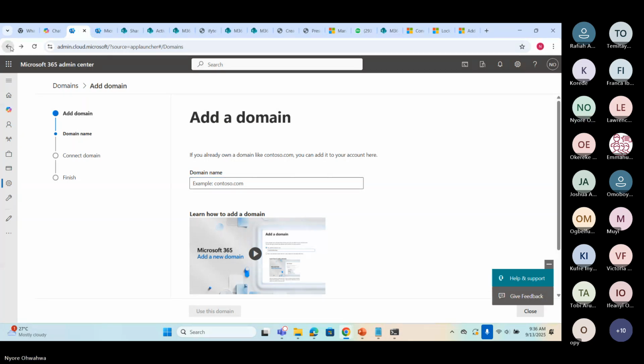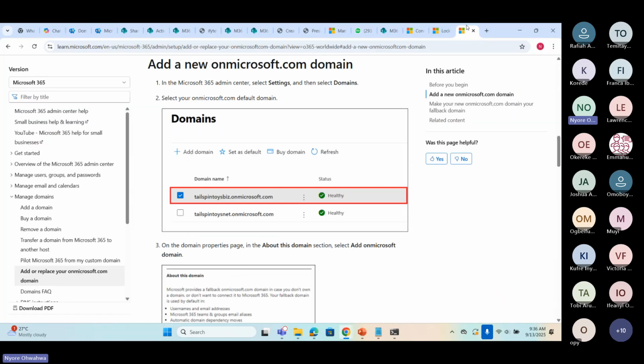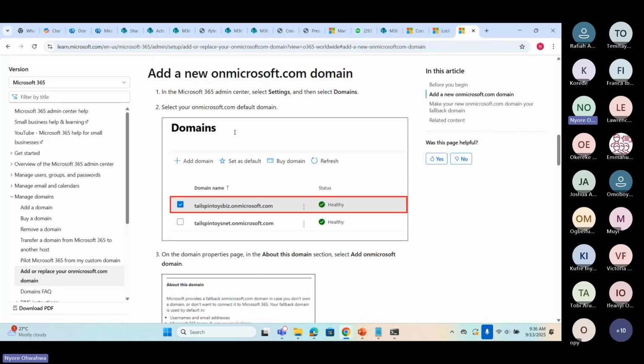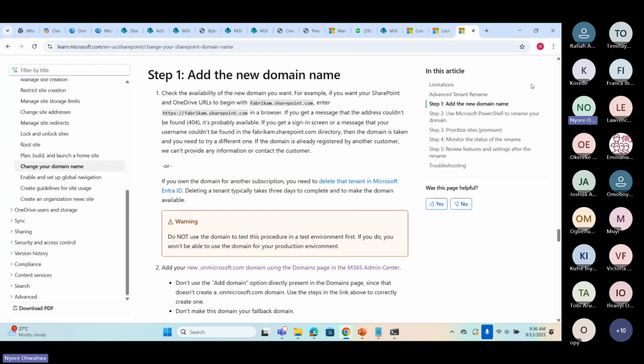The reason why I said sometimes some people don't take time to read through articles or to read through things that they might want to do is that I have had a lot of scenarios where people are trying to rename a domain and then they go through an error.